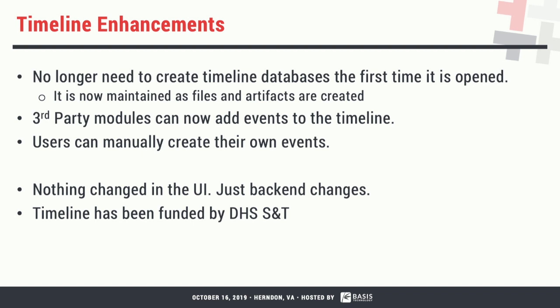For those who've used Timeline in the past, the first time you launched it there was a lengthy process, a couple of minutes, where it would go to the database and pull the timestamps out. It only knew about timestamps that we created. So we make artifacts for web history or EXIF, and it would know that EXIF and web bookmarks may have timestamps and pull that data in. But it would sit there for a couple of minutes, querying it in and making a database, and then fire up. If you're in a multi-user case with your colleagues in a lab, you'd all do the same process. It was saved locally, so it happened for all of you.